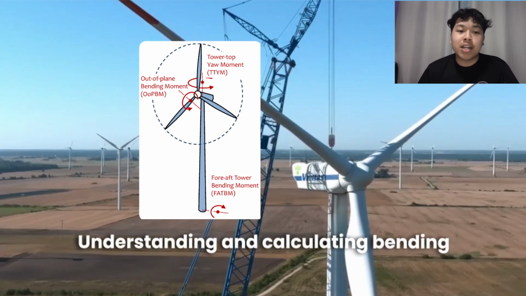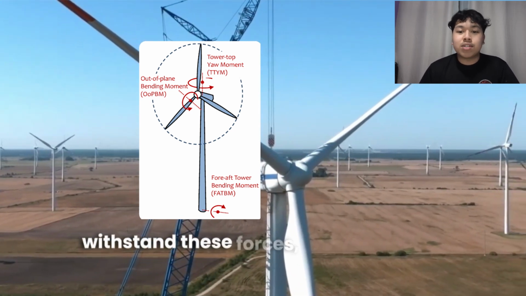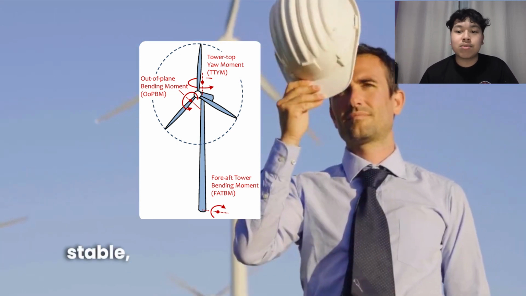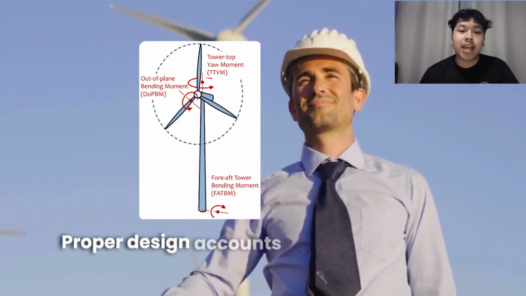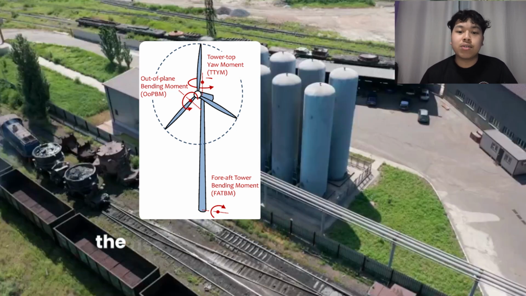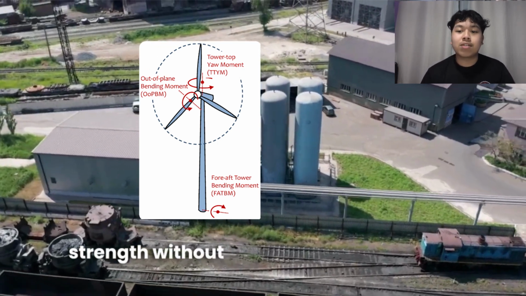Understanding and calculating bending moments is crucial for designing a wind turbine that can withstand these forces, ensuring that it remains stable, safe, and efficient during operation. Proper design accounts for these moments, allowing for the use of materials that provide the necessary strength without excessive weight